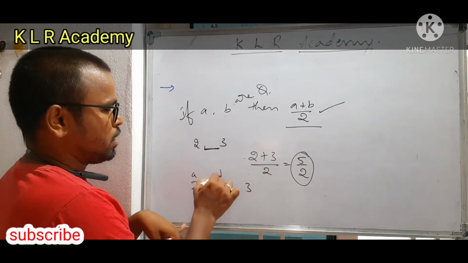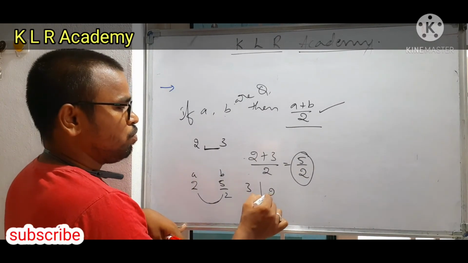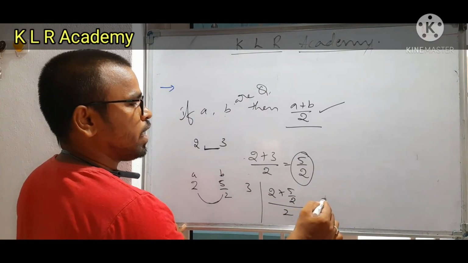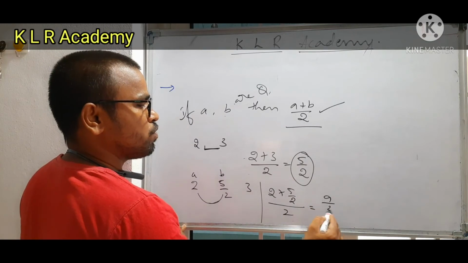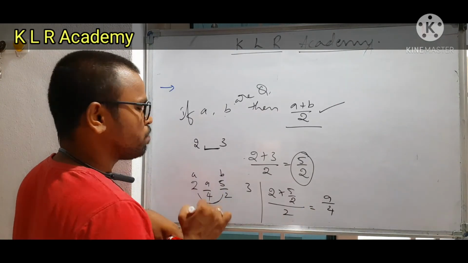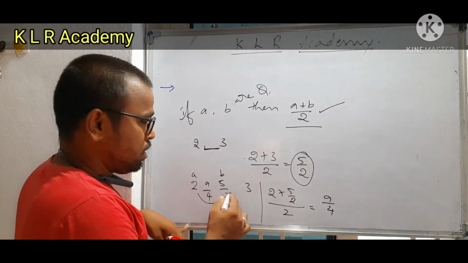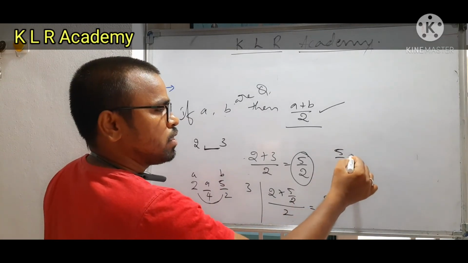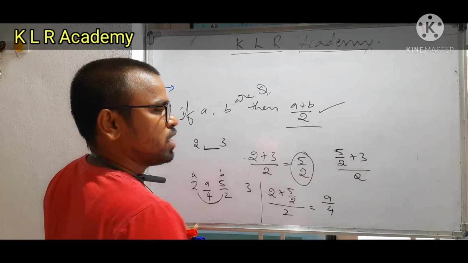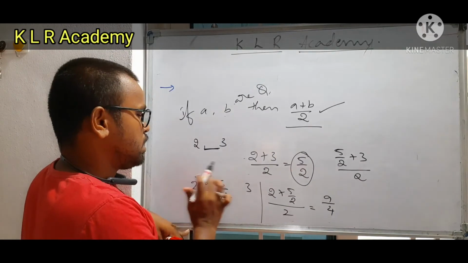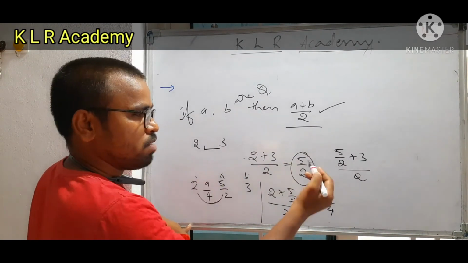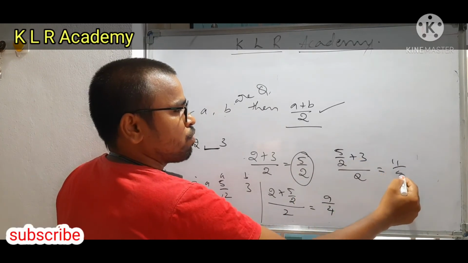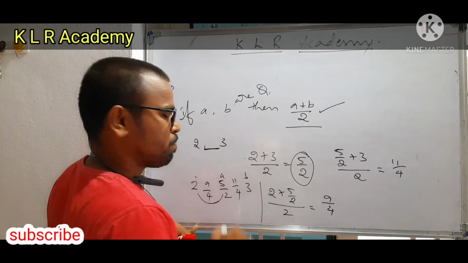This is considered A and B. Then how can you find (2 + 5/2)/2? That will be (4 + 5)/2 into 2, which is 9/4. Similarly, you can find a rational number between 5/2 and 3 in this process, (A + B)/2. Consider this as A and this as B. That will be (5 + 6)/4, so this will be 11/4.